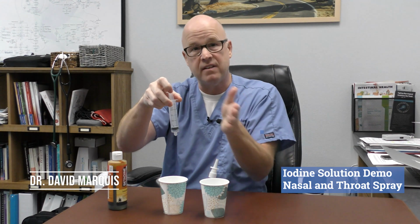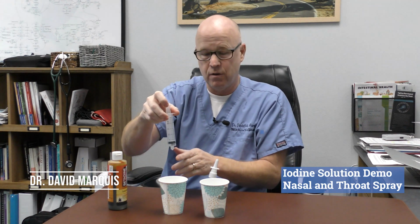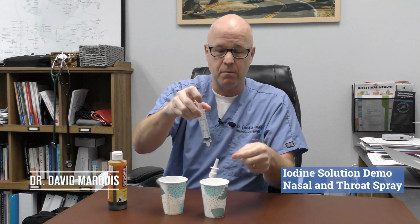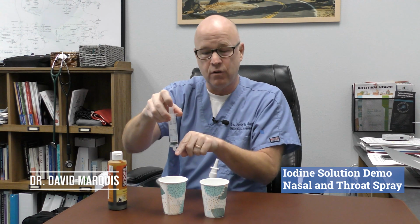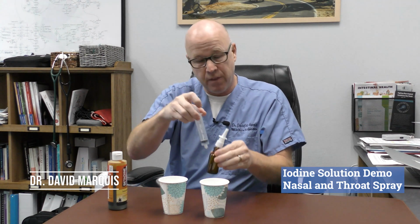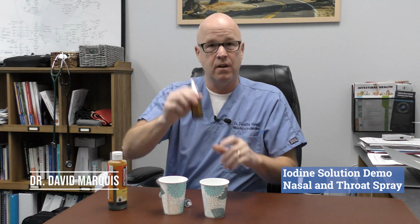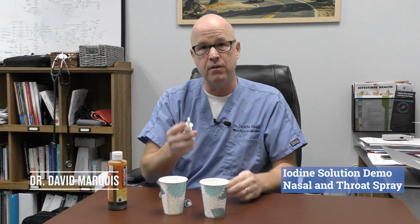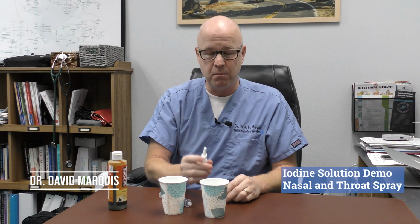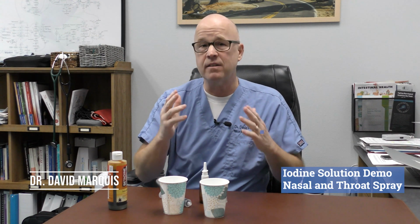So I'm basically doing a 10-to-1 ratio, 10 parts water to 1 part povidone. But since I went up to the 20 milliliter mark, it's going to be 20 milliliters of water to 2 parts of this. It's still a 10-to-1 ratio. And then I'm going to put that in here. And then you simply screw that down, and you're going to shake it up, and you've just made yourself a 1% solution of iodine. And this can be used nasally, it can be used orally,